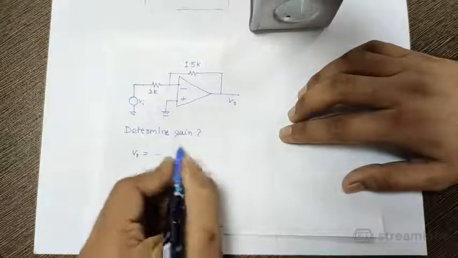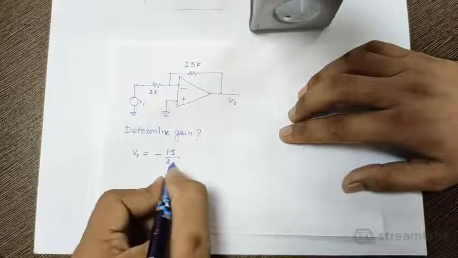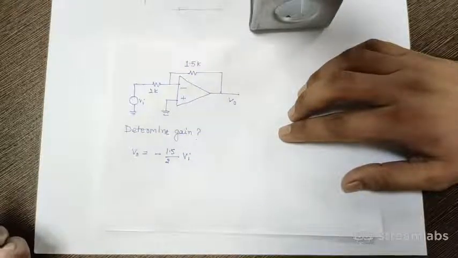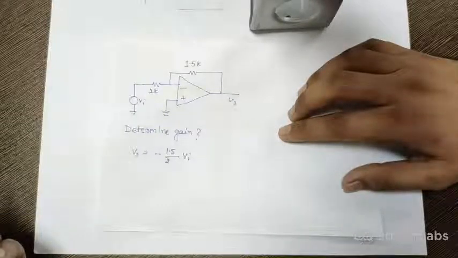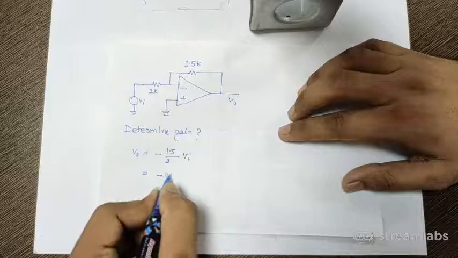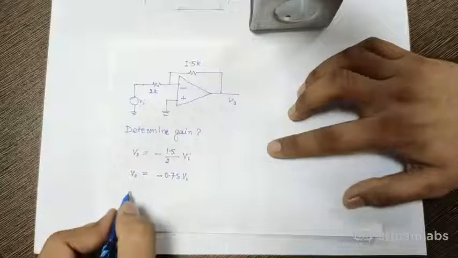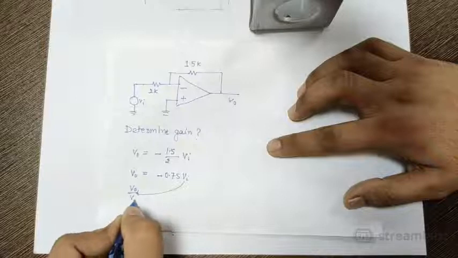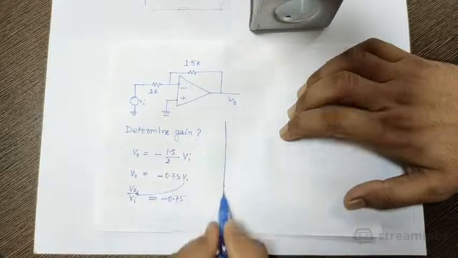What is the equation of V0? That is equal to, I hope it should come like this, into Vi. Yes, very good, Soumya. V0 equal to minus 0.75 Vi. So if I transfer this Vi to here, then V0 upon Vi is equal to minus 0.75. Because gain cannot be negative,